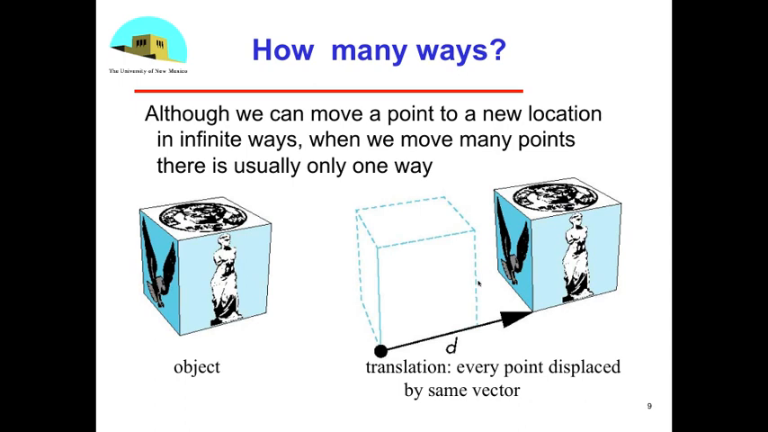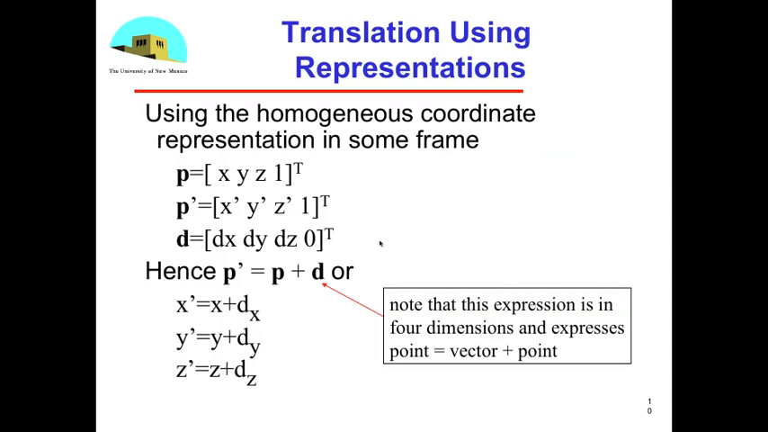Now, let's drop that abstract view. What we're really going to use is some sort of representation. So now let's go to the representation in homogeneous coordinates of our points and see how we can do a translation or displacement. Let's say I have a point, and now not a vector, but a point, x, y, z, 1,